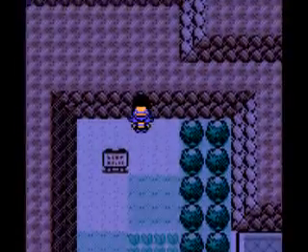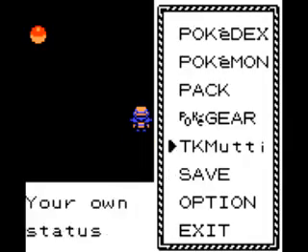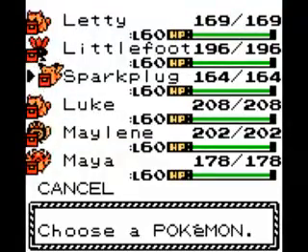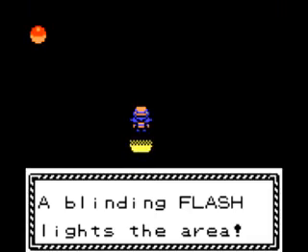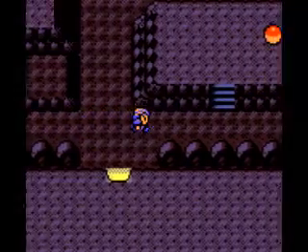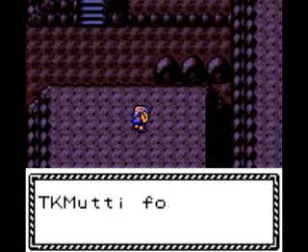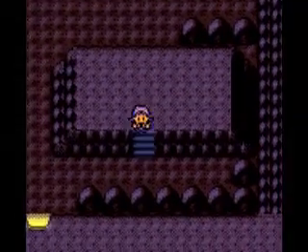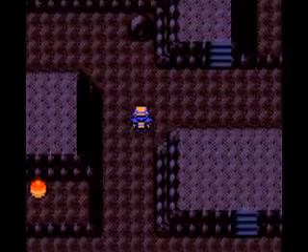But now that we are done with the Ruins of Alph, it is time to explore Mount Silver. Once you step in, you're going to need to use Flash. And a bit of a note about the layout of this area. Things are so very different between this version and the remakes. In this version, the path is fairly linear. You just go forward through the rock cave floor places, and